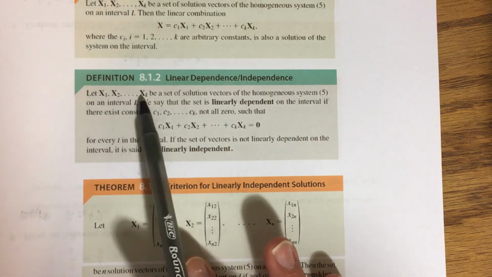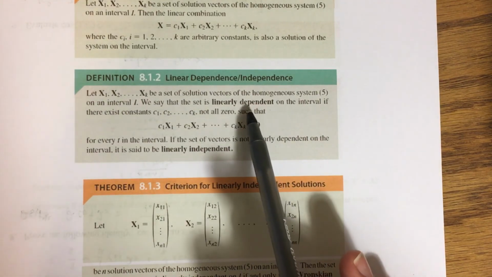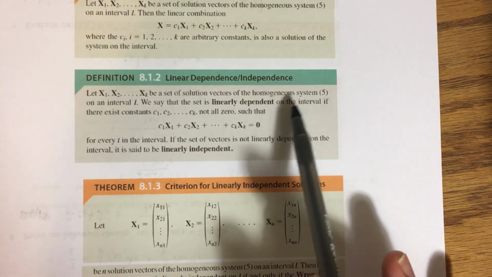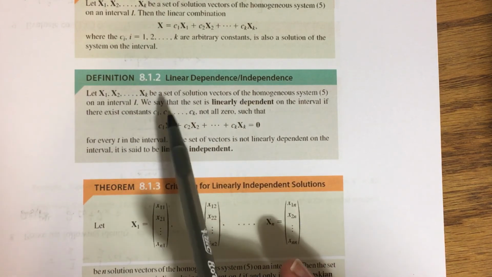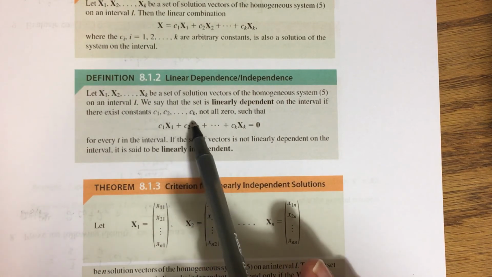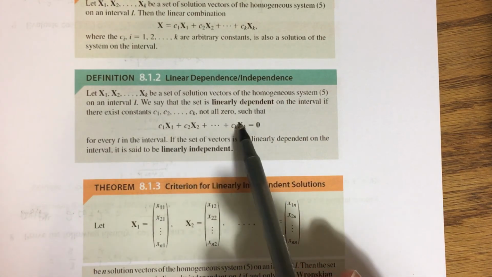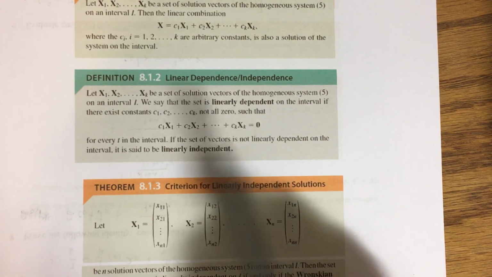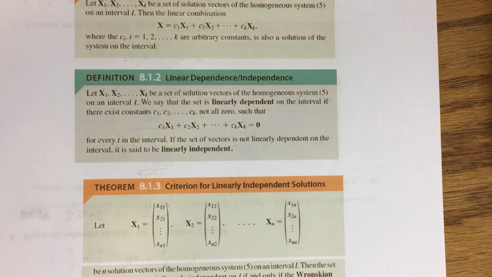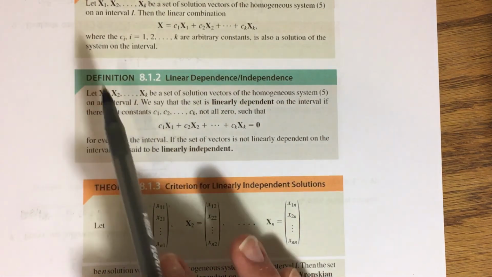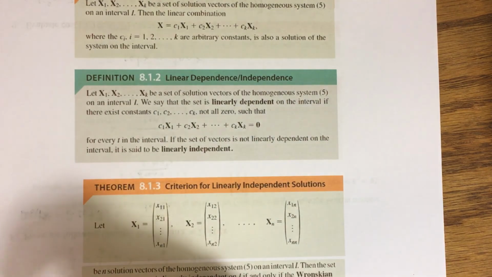We say that this set of matrices is linearly dependent on that interval I if there exist constants c1 through ck, not all of which are 0, such that that linear combination that we're seeing here equals the 0 matrix. Now, this is the same way that we defined linear dependence back in 4.1. The only difference there was that instead of dealing with matrices whose entries are functions, we are now dealing with